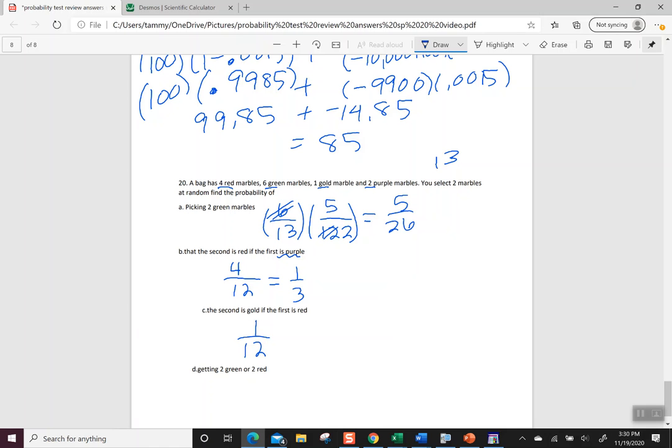This says, the last one, getting 2 green or 2 red. Well, notice we know 2 green. That's what we did in the first thing. It was 5 over 26. We don't need to do that again. But then 2 red, well, we have to look at drawing twice and getting red. First time there 13, second time there's 12. So there were 13 marbles to start and 4 of them were red. Once that was select 1 red, there's only 1 red remaining. We can cancel if you want the 4 into 12, right, and make that a 3. Or you can leave it